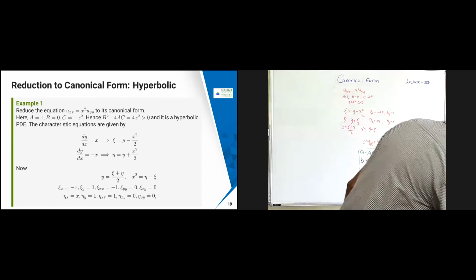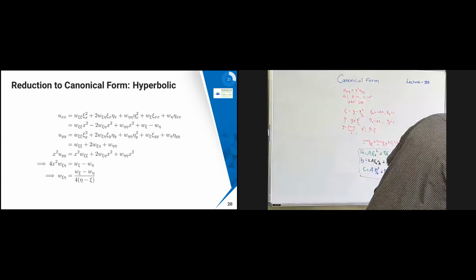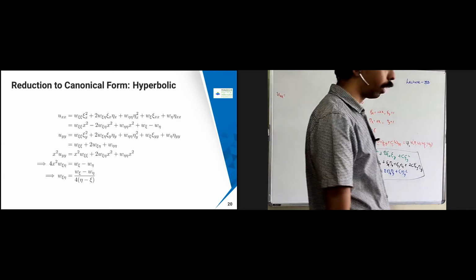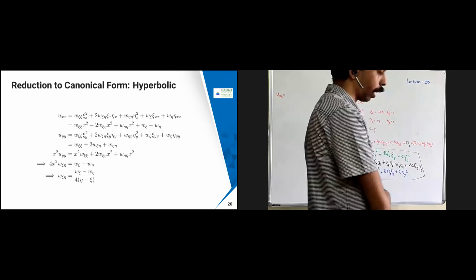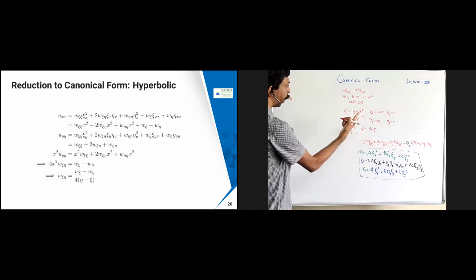So now what we are going to do, we are going to find the equation uxx etc. Okay, so uxx we have seen already. So I'm not going to write that. So u chi x square, u chi eta chi x eta x, w etc. we have written already. So in that case I can substitute that. So I can substitute one, then I will get w chi, and then eta x square is going to come. But eta x is already minus 2x.